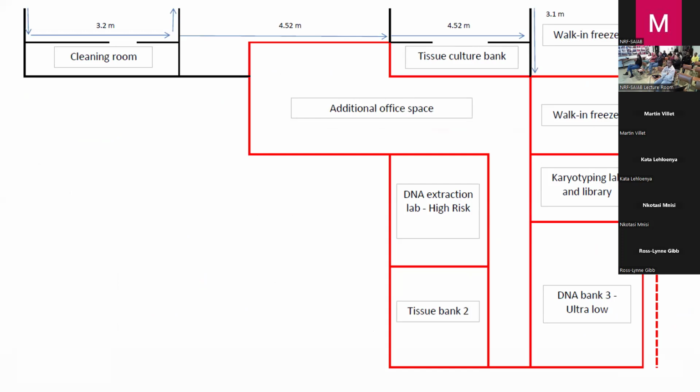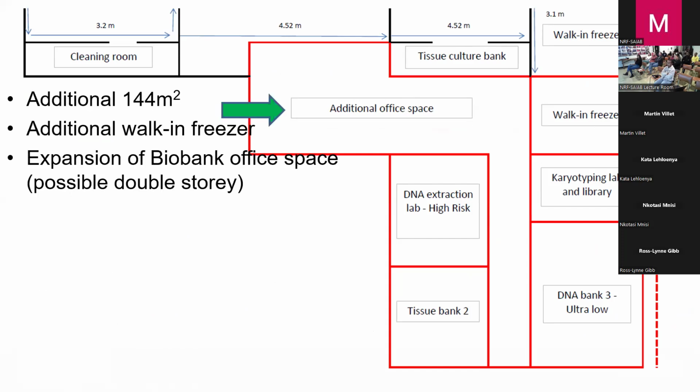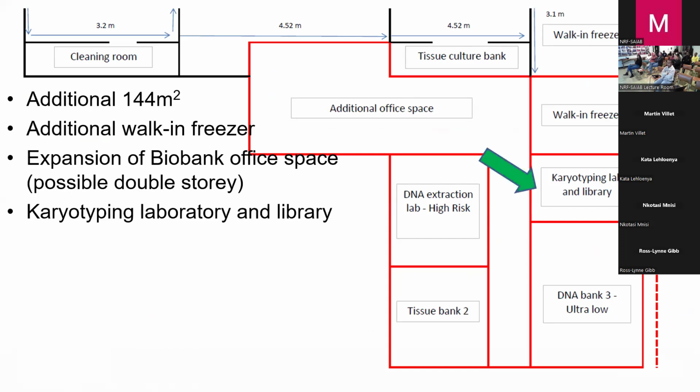Another big thing with our biobank is our expansion project. You could see that some of the banks were quite tightly packed. We're getting funding through the Biodiversity Biobank for an additional probably 144 square meters. But if we get our top option, we'll go double story and put office space at the top. So it'll be another walk-in freezer, more office space, and a carrier typing lab